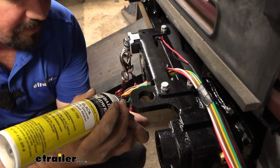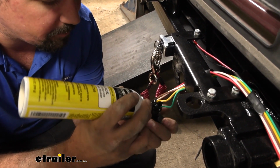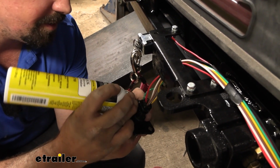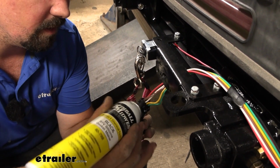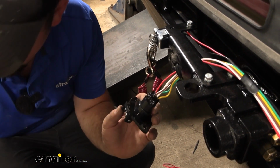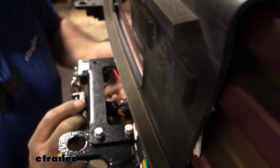You can also backfeed or backfill this once you have the boot on. It's kind of up to you, but this will at least protect this long term and make sure that our wires stand up for the lifespan of the flat tow career of your vehicle. Now we'll feed this in, slide our boot on, and then, further going along with that waterproofing,